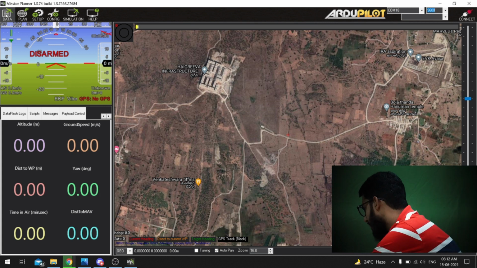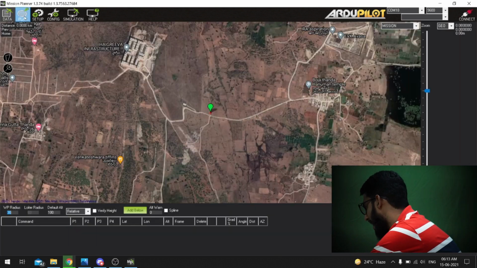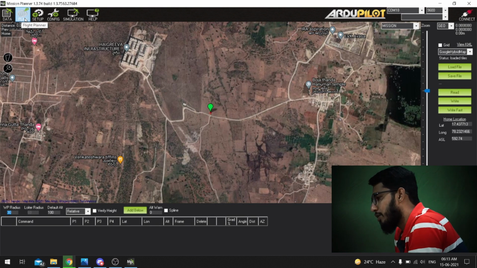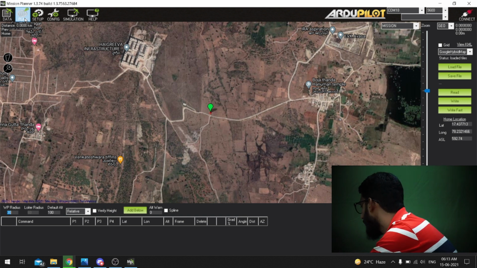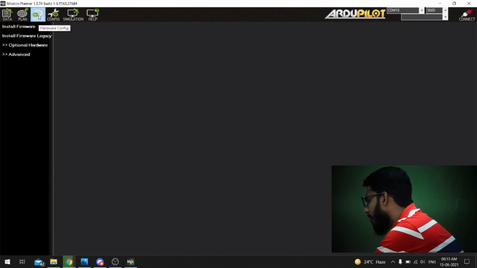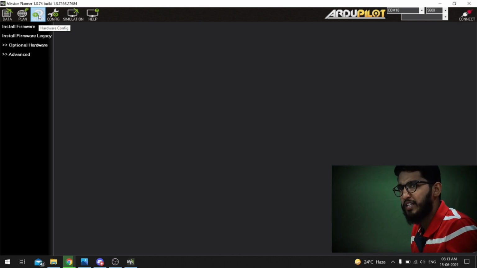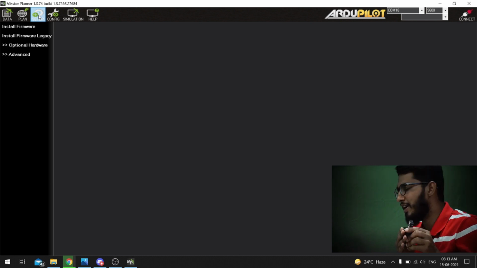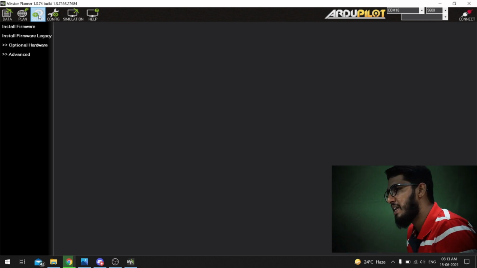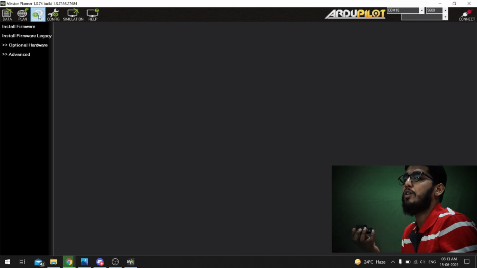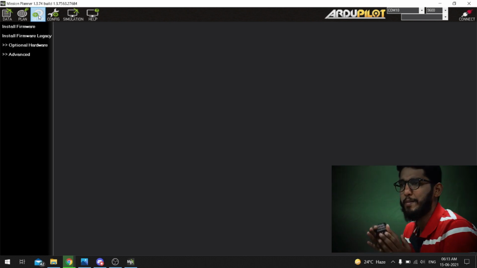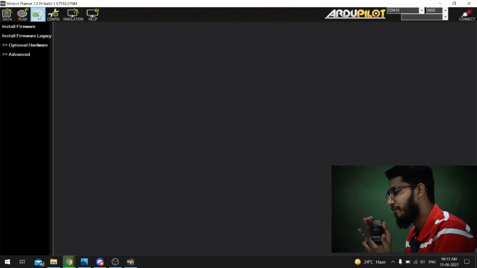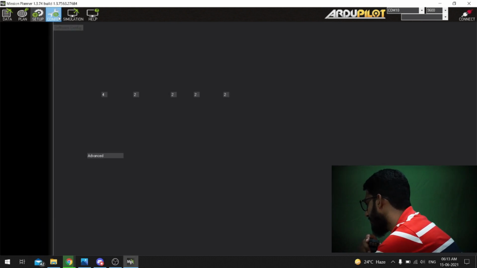In the top left corner you will see the Data window, which is nothing but the main window of Mission Planner. The Plan window is nothing but the planning. If you want to plan an automated mission for your rover or drone, you can go to this window. Next is the Setup window. If you want to set up any of your vehicle, it might be a fixed wing, it might be a quadcopter, in your hardware, you need to go to this Setup window. And there are many configurations, and I always talk about parameters, right? So for parameters, where to write and read parameters, where to check what parameters this particular flight controller has, you need to go to the Config tab.